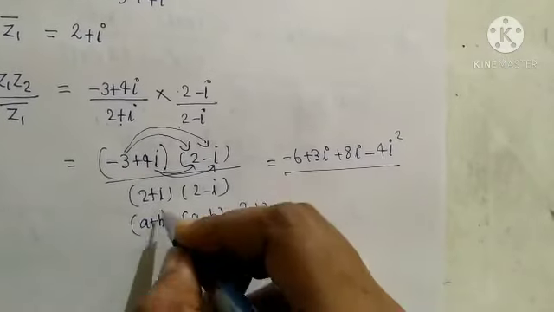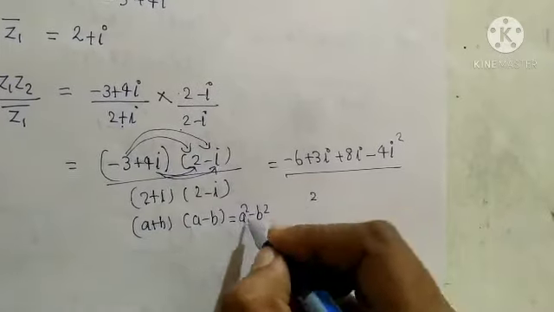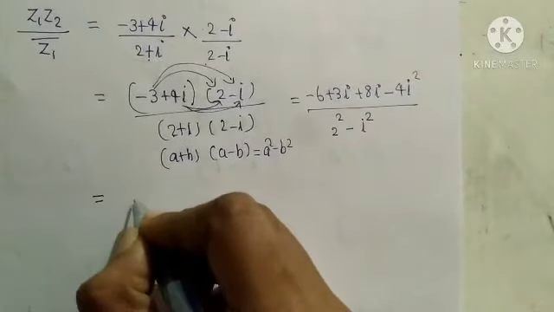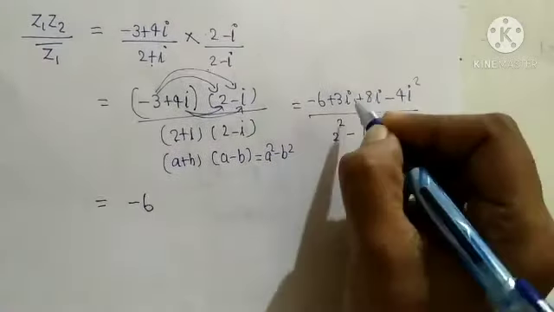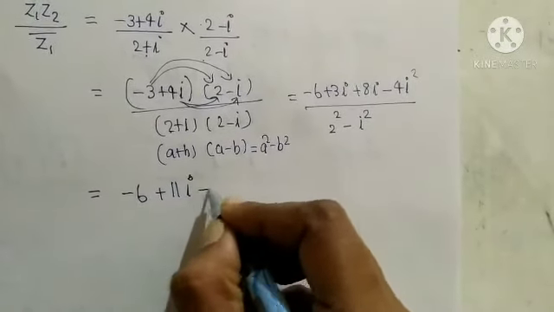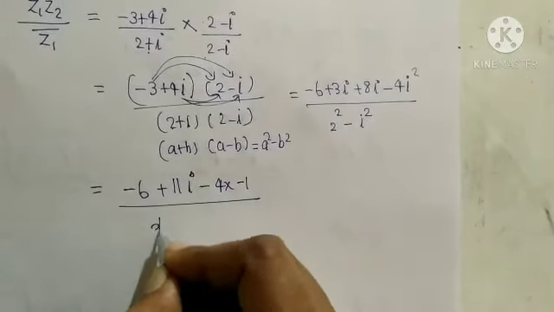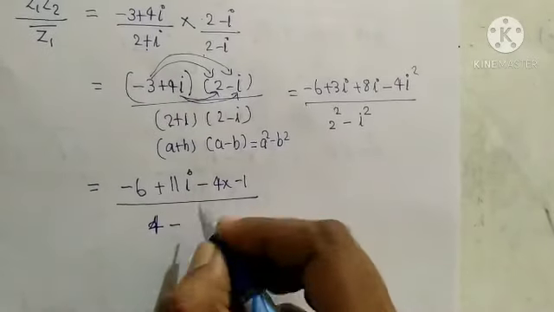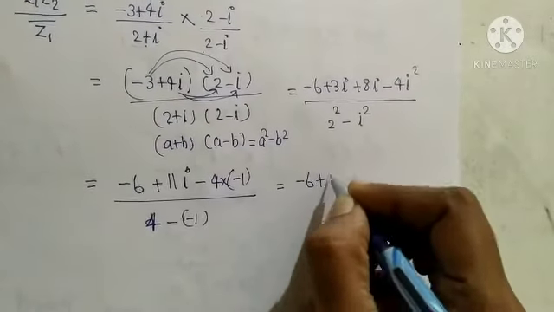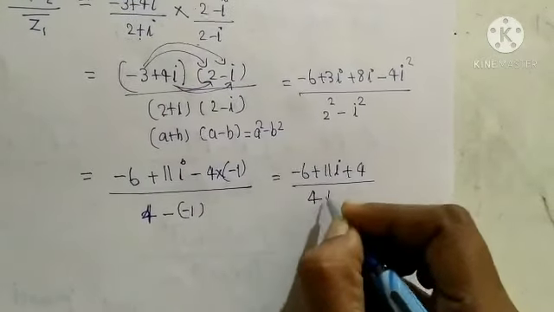Applying this formula here, replacing this a by 2 and b by i, the formula will become 2 square minus i square. Okay, so next step will be minus 6 plus 3i plus 8i will become 11i, minus 4 into value of i square is minus 1, divided by 2 square is 4 minus of i square value is minus 1. So this will be equal to minus 6 plus 11i minus of minus plus 4 divided by 4 plus 1,